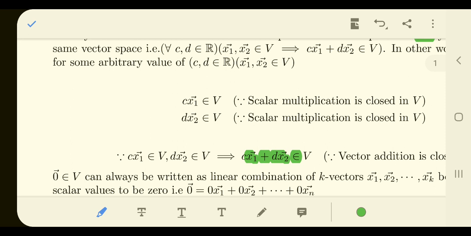Now, since this makes one vector, you can add as many vectors as you want, and on similar lines you can prove that the linear combination of any number of vectors is closed in V. So we get the idea that if we are interested in a certain set of vectors, we can generate all possible linear combinations of these vectors, and that makes a vector space: the smallest vector space that is made up of the interesting vectors.